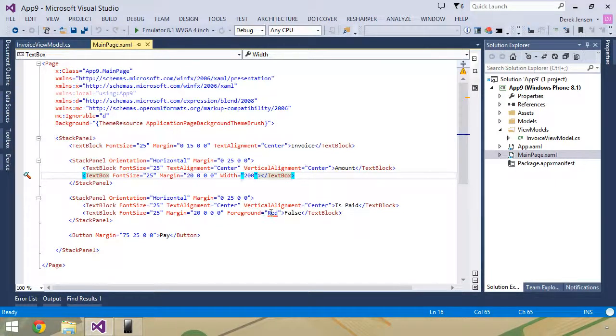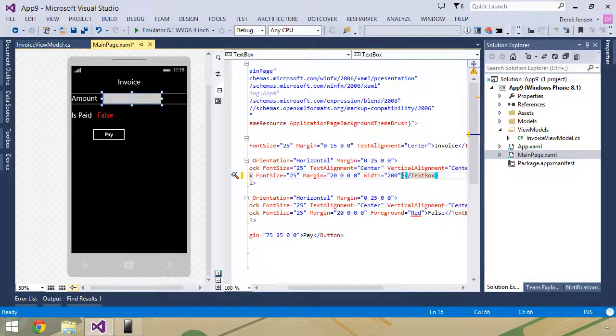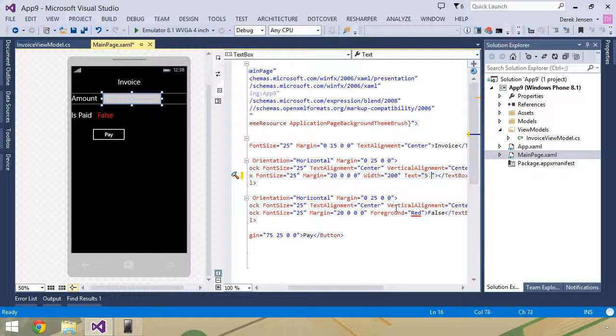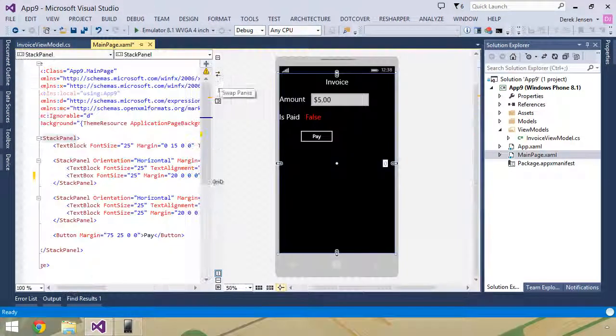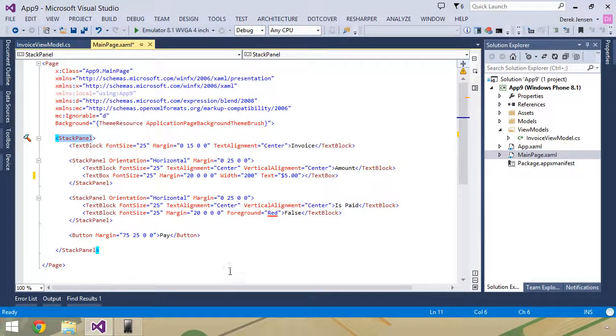So how do we do that? Well, as you know, there's a couple different ways that I can set the value of what's going on within my TextBox. So if we open up the design view again, and we'll take a look at this, I could come back into my TextBox here and set its Text equal to, say, $5 or something along those lines, or maybe put even a dollar sign in there if we'd like it to be $5. So now it's actually there as a value, and we can see it. But the problem is, and we'll go ahead and switch this out again, that at the time of me creating this UI, I could put any sort of invoice up there.